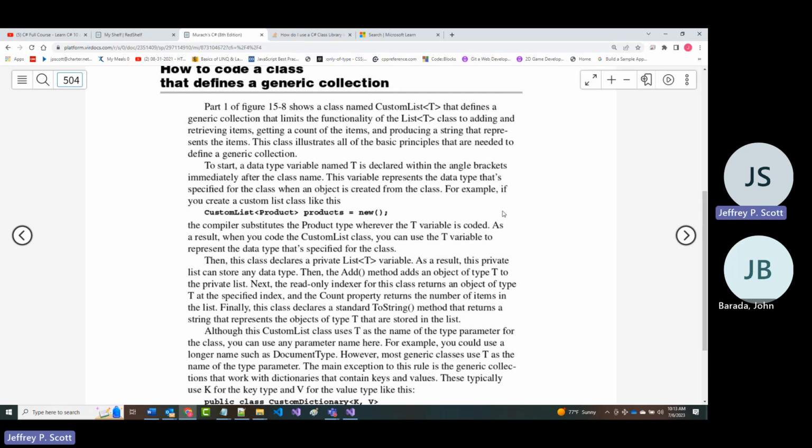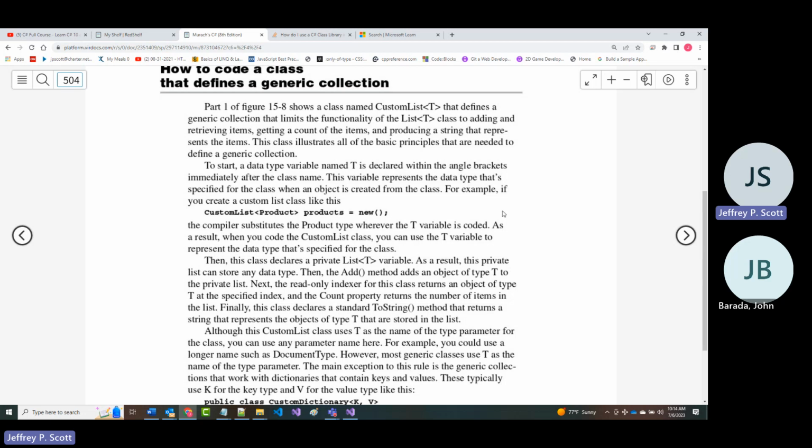So the example that's shown here, as it says, shows a class named CustomList<T> that defines a generic collection that limits the functionality of the list type to adding and retrieving items, getting a count, and producing a string that represents the items. What does that mean?